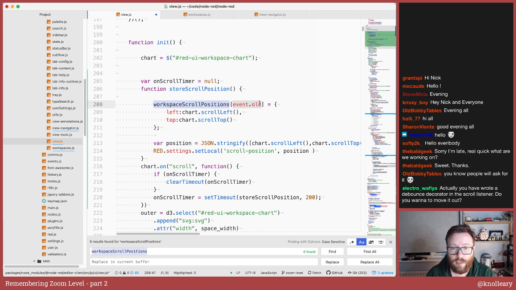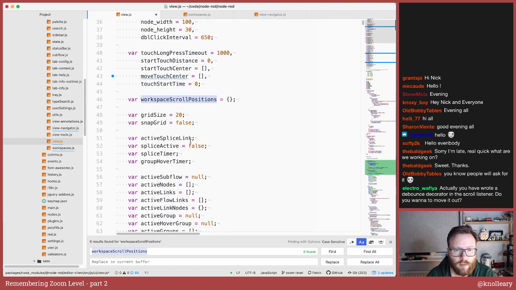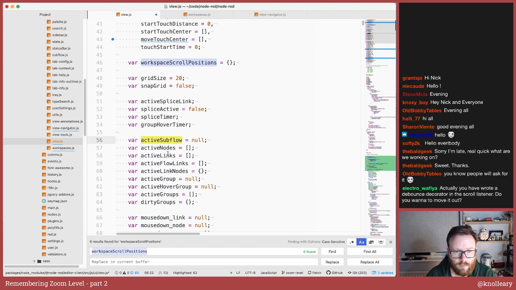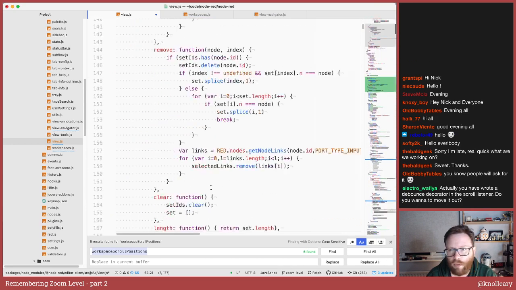And that has to be keyed on the active workspace ID, which I think is called active something. No, it's not.